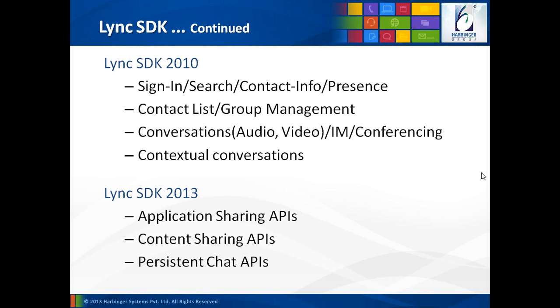Another set of APIs which Lync SDK 2013 has to offer is the persistent chat APIs. Now, most of us know what persistent chat is. It is nothing but chat rooms. So, using the persistent chat APIs, you can create chat rooms, delete chat rooms if you are the organizer, invite people for chatting, add people, remove people if you are the organizer, then search for data within the chat room and across chat rooms. So everything related to chat rooms you can do using the persistent chat APIs.